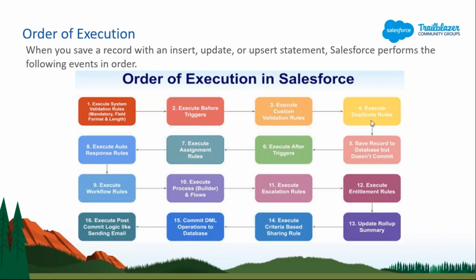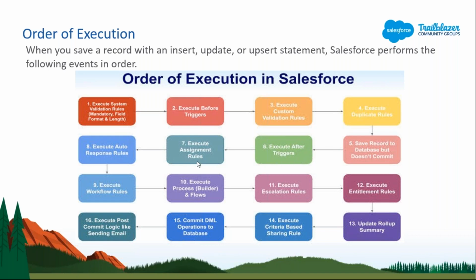So it will go and check your duplication rule. We have some duplication rules, like all the data should not be duplicated. These are some duplication rules we can write over the object. Then it will go into this fifth part. It will save the record, but it will not commit. Whatever commit you are using for that record will not be committed. And then it will execute the after trigger. So all the after triggers will be executed over here. Every single task you are performing in the after event of this trigger will fire here.